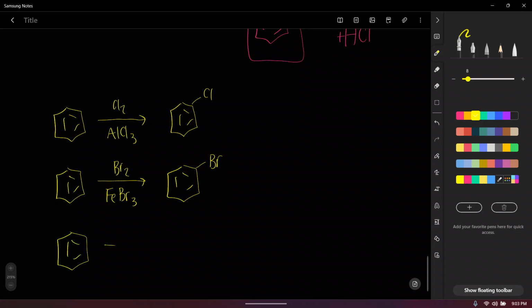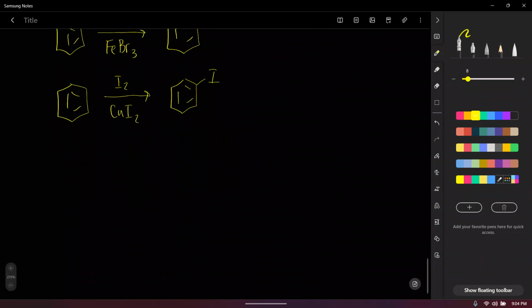Right. And I can do this with iodide as well. I can use I2 and a Lewis acid. Okay? Alright? So hopefully that makes sense to everybody. Alright. Let's talk about some other things. Let's say I want to add things onto my benzene ring that are not simply halogen atoms. So another thing that I can add